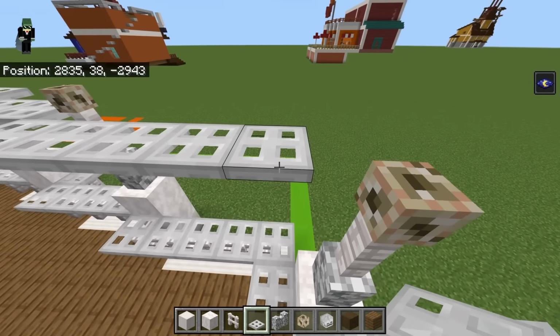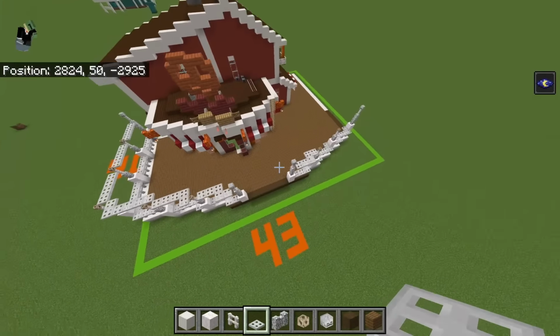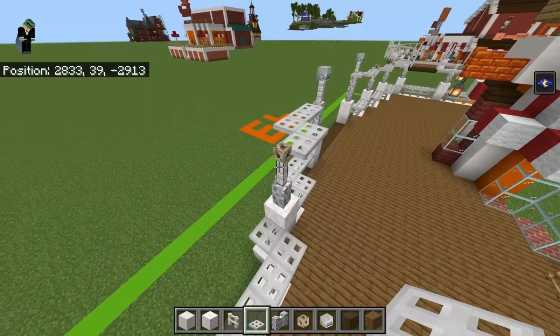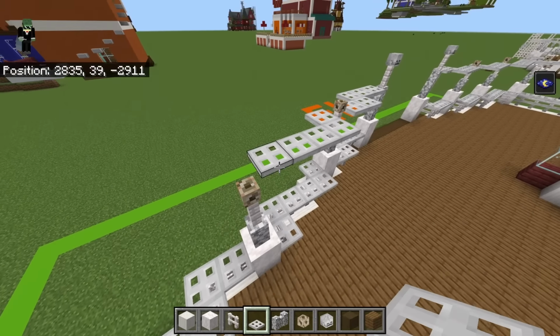I feel like the back... I'm not sure about this side here, but I feel like the other side does connect, actually. I don't know why I started in the middle. I was stupid. Oh my god, I keep listening to...